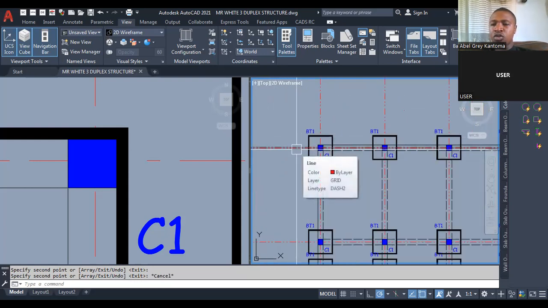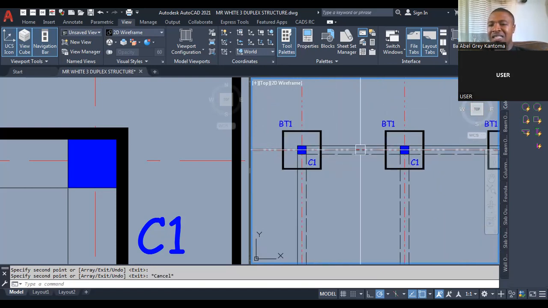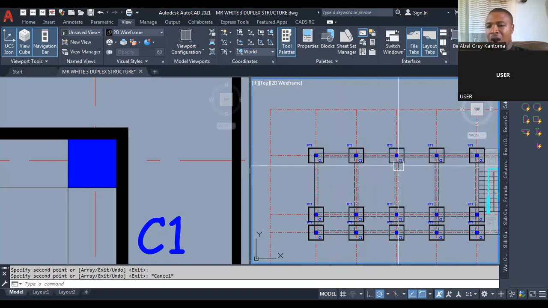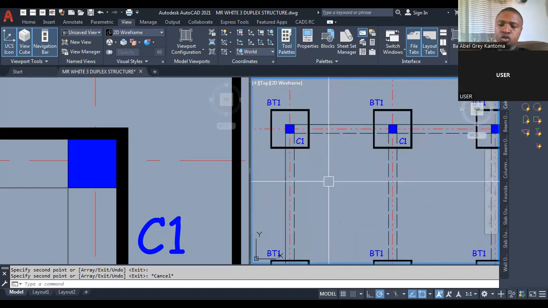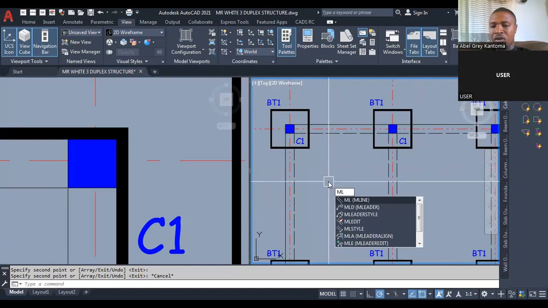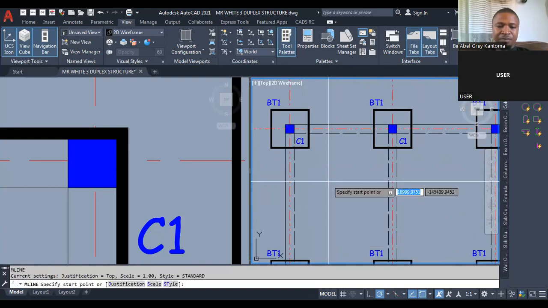So another thing I'm going to show is the trench, because we are definitely going to dig to put our walls in our substructure. So there is this tool they call multi-line, ML for multi-line. I'll press enter. I'll press J to justify. I'll press Z for 0. Then I'll press S for scale. Then I will type